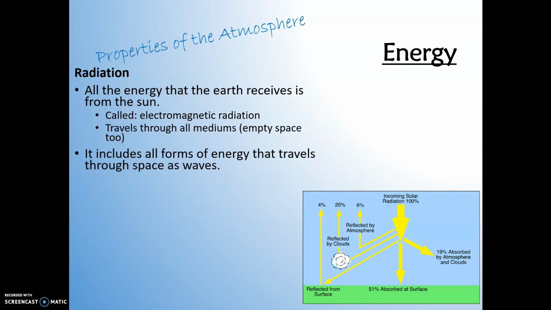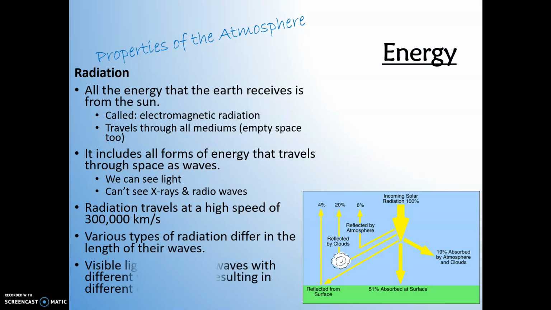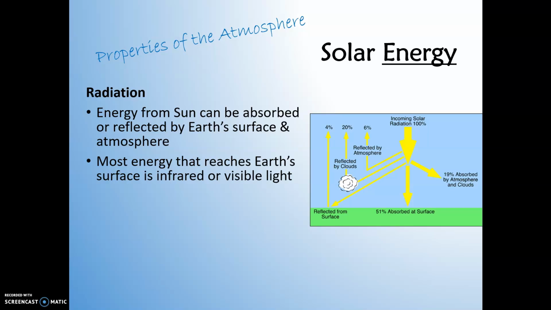And it can travel in many different wavelengths. We just happen to see visible light. But there's other wavelengths too. There's X-rays and radio waves and UV rays and all that kind of stuff. It travels very quickly, and the wavelengths can change. When it comes to radiation, that light can be absorbed by the surface,